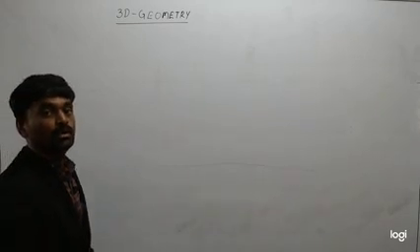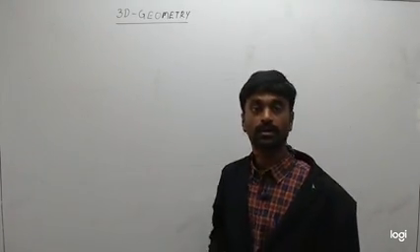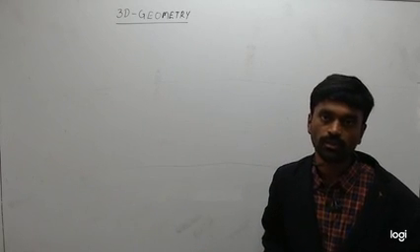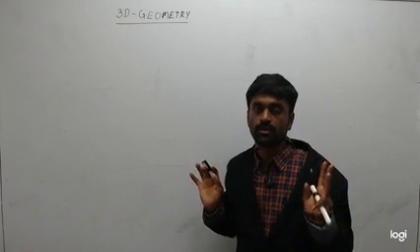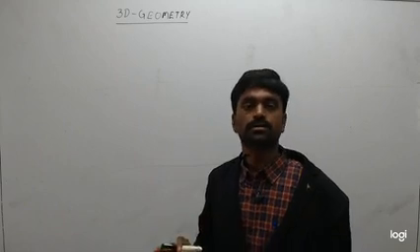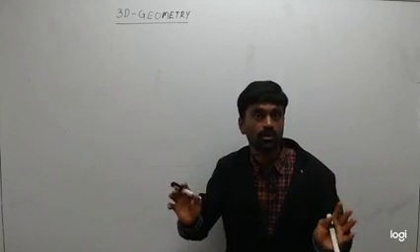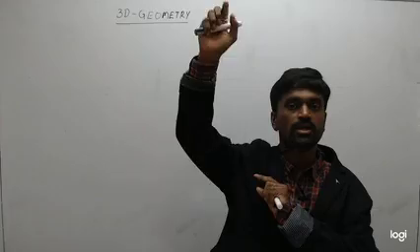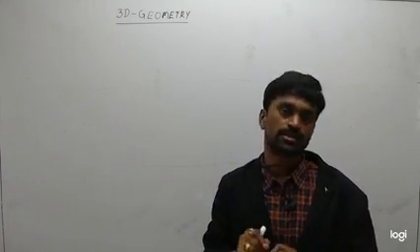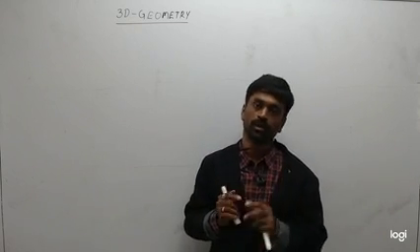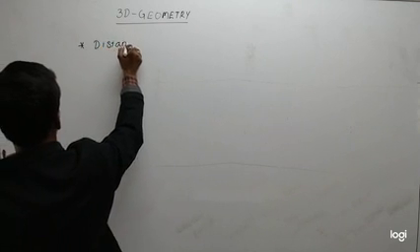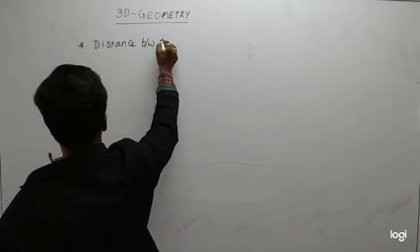Next, you have learned the distance formula and its derivation. I'm going to derive the distance formula using vectors, to show how we can find the distance between two points. The derivation is not important, but the procedure I'm following may be useful in further problems. That's why I'm deriving this distance formula, and also the section formula. So first, the distance formula: distance between two points.